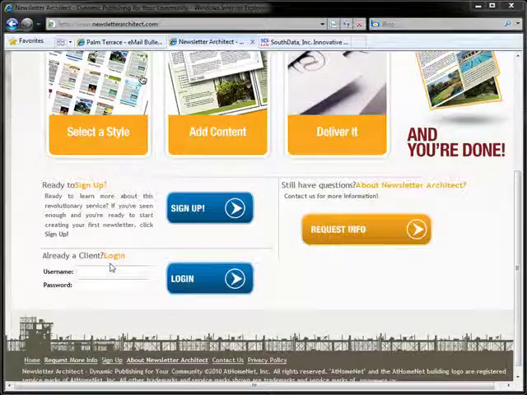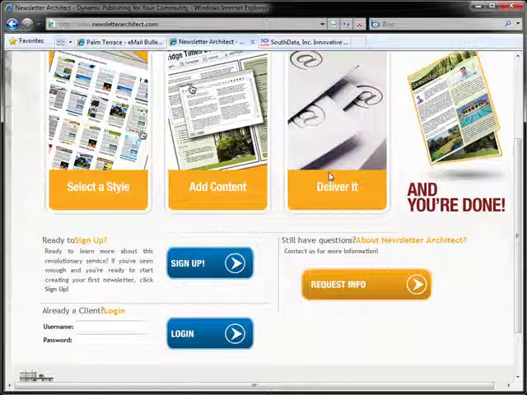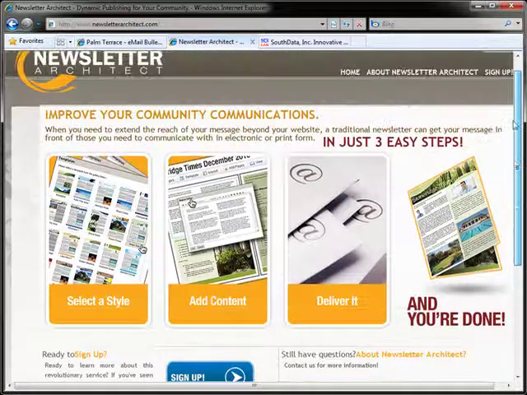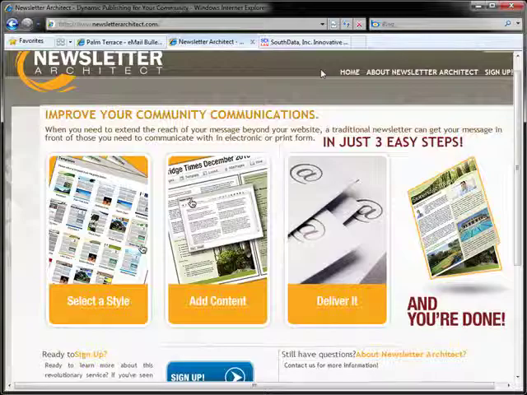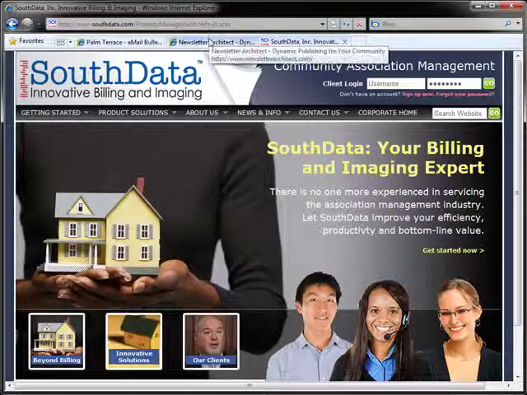And with that login and password, you can log in and create newsletters by selecting a style, adding your own content, and then you can generate that into a PDF file that you can either post on your website or you can send out to all your residents using your email bulletin feature. And if you'd like to take the next step and go ahead and have that newsletter printed and mailed to your residents, we've partnered up with the industry-leading imaging and print services provider SouthData